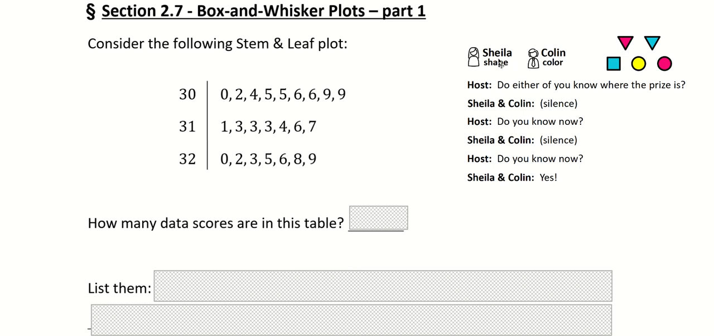The only other details are that Sheila knows the correct shape and Colin knows the correct color. So they both have that information at the beginning, but neither of them knows both, and then it plays out like this with the host asking. So the question is, which shape has the prize if the situation played out like that? Anyway,